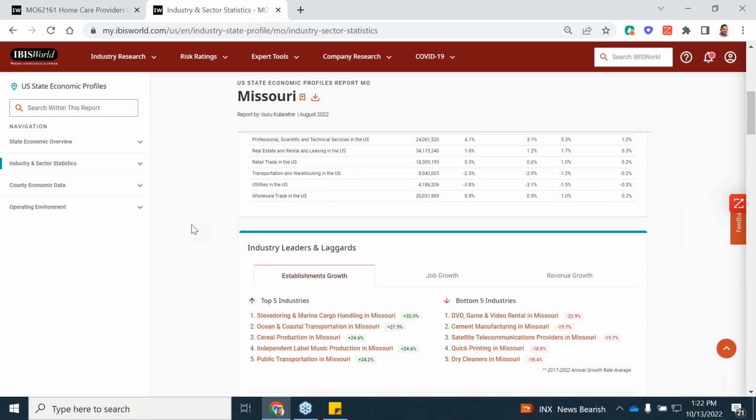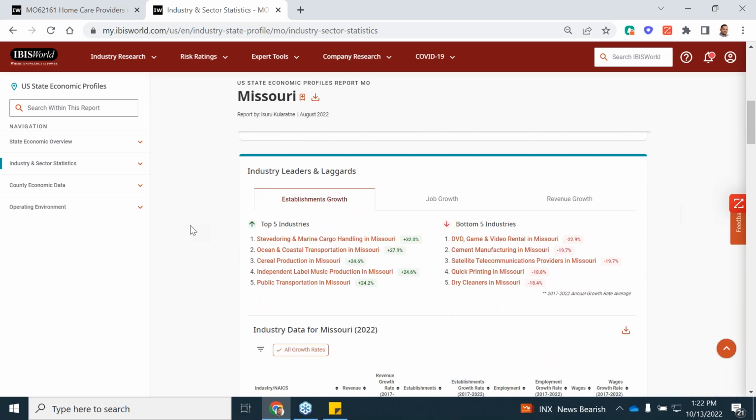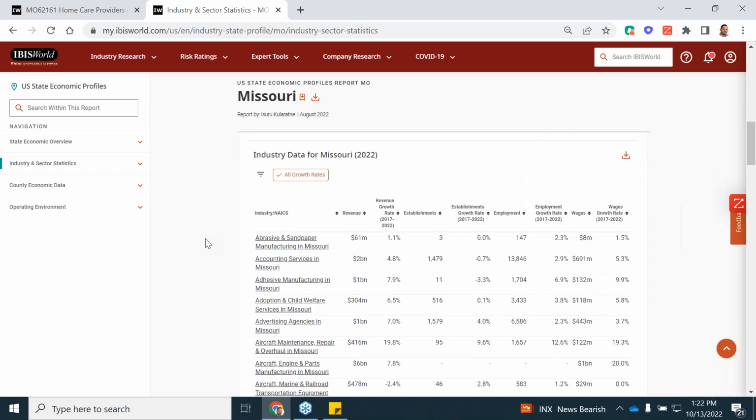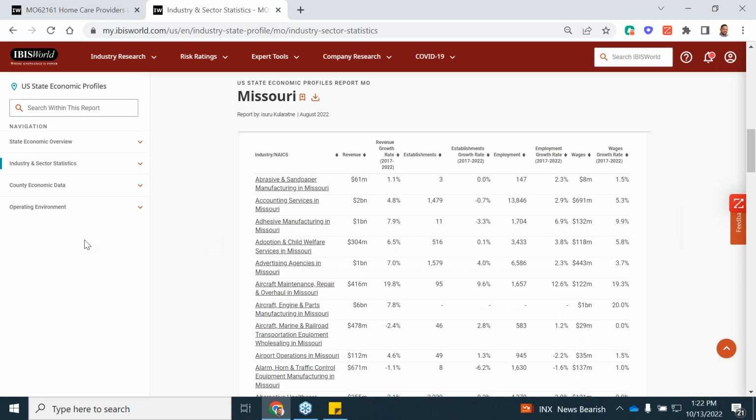But I do want to scroll down into the industry leaders and laggers, so we'll be able to provide you a top 5 quick list. But if you scroll down right below here also, we'll provide a full view of the granularity that IBISWorld has. So we were looking at home care providers just a minute ago within the state of Missouri. You have the ability to look across all the industries in each state that you're targeting